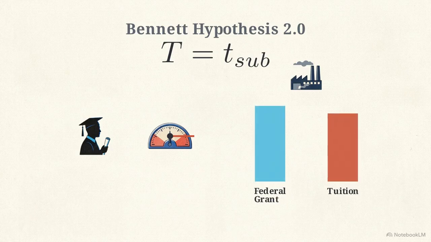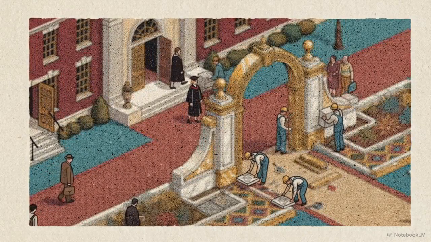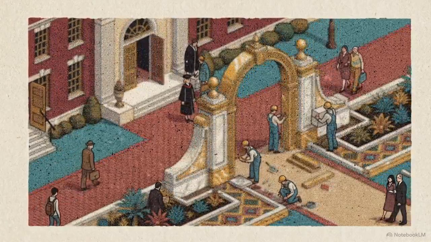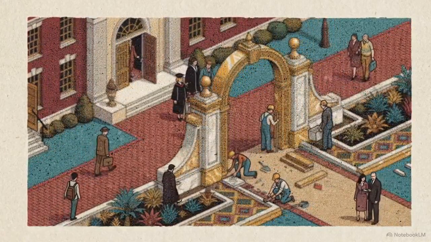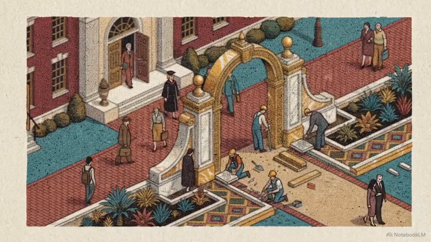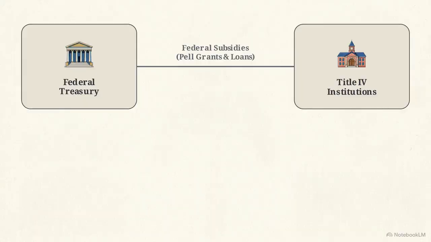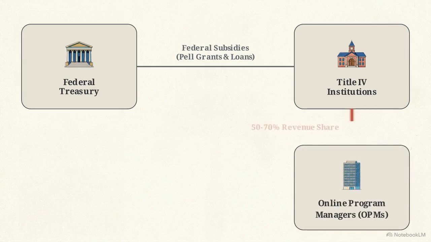Open access and proprietary institutions often apply a tax rate near 100%. These schools peg their tuition prices directly to the maximum combined limit of available federal grants and loans. The pursuit of institutional prestige, combined with the systematic capture of federal subsidies, creates a self-reinforcing cycle of tuition inflation. This guaranteed capital also fuels a private vendor ecosystem. Our system map shows these funds flowing into online program managers, or OPMs.